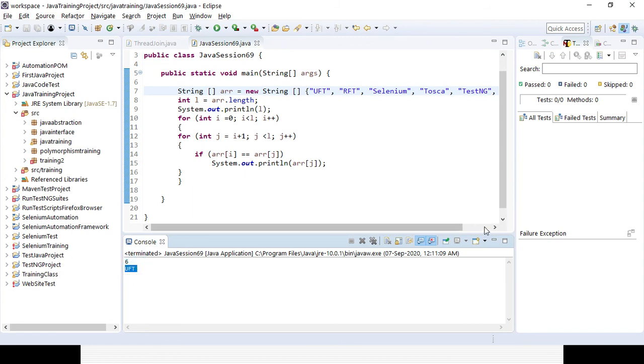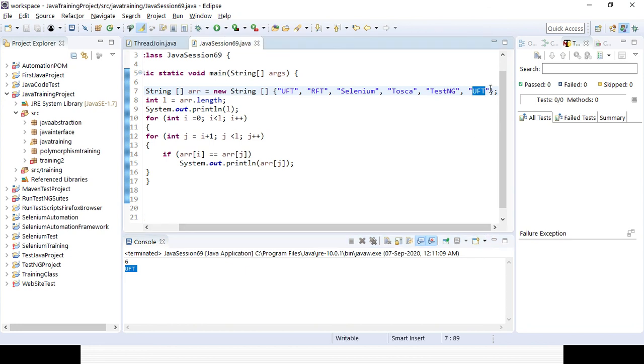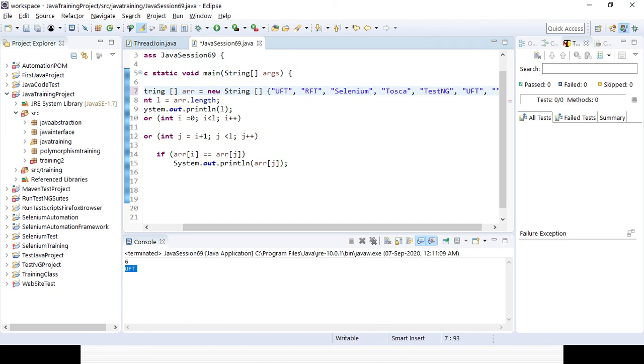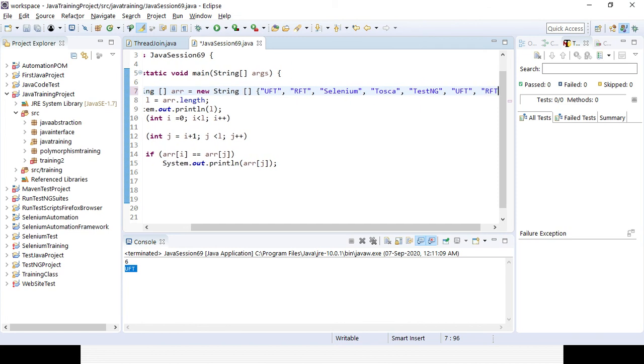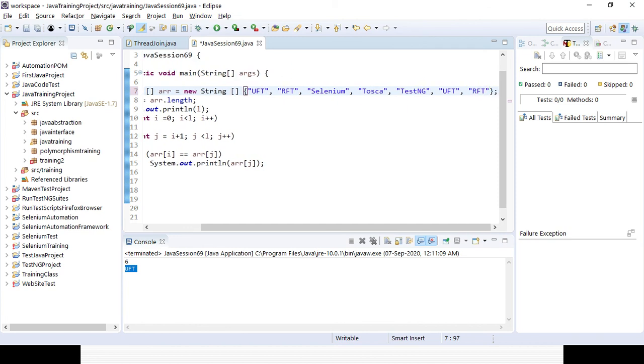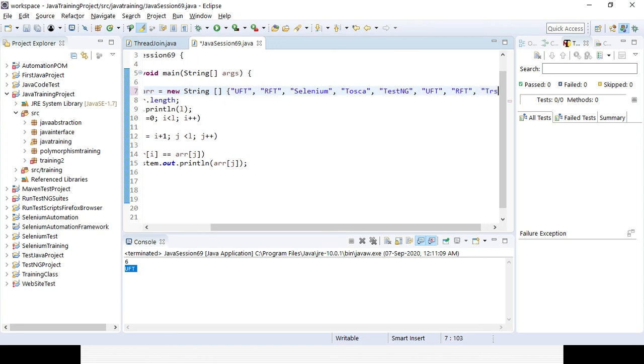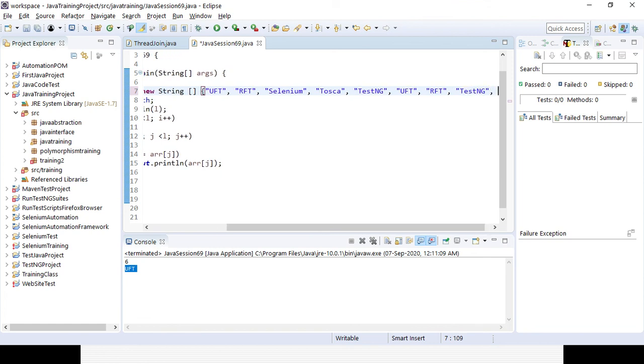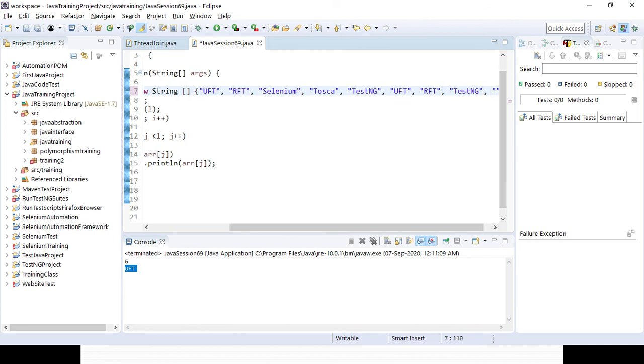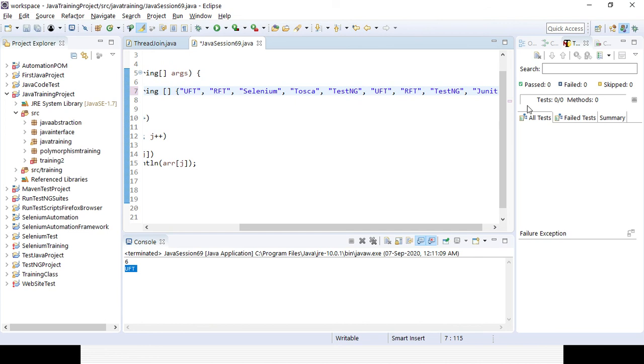Now if you add one more duplicate element, suppose RFT also here, so RFT is also duplicate, and also suppose I want to duplicate another one, TestNG, which is also duplicate, right? Okay, and another one I want to make unique, suppose JUnit, which is not a duplicate, I want to add it.